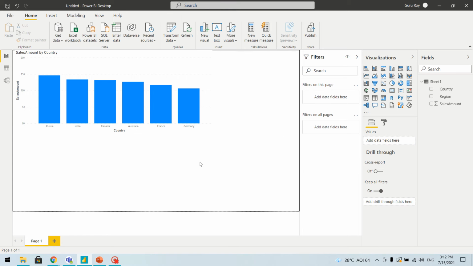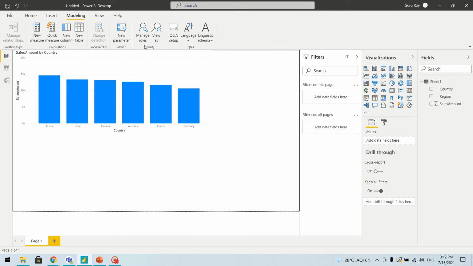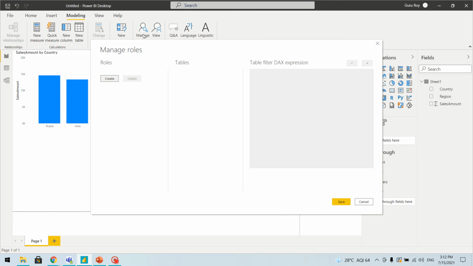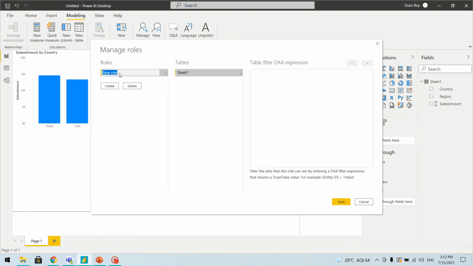And this is my report, but I want users with specific roles. For creating the roles, we'll go to the modeling section, and here you can see manage roles. In manage roles, we'll create a role. For APAC, I will create a role, take the sheet, and in that sheet I'll use the region, and put the region as APAC. Then I'll create another role.